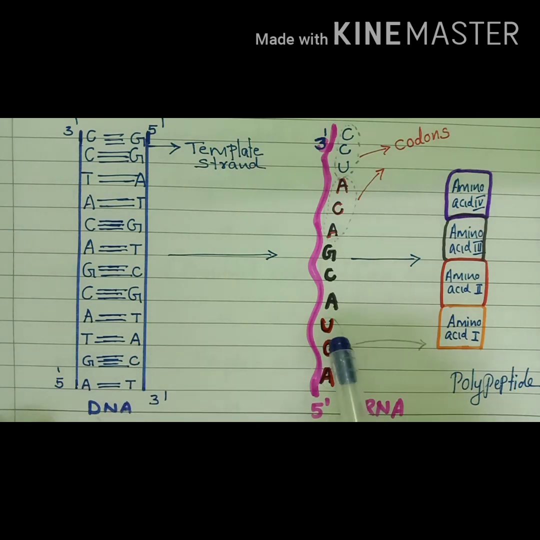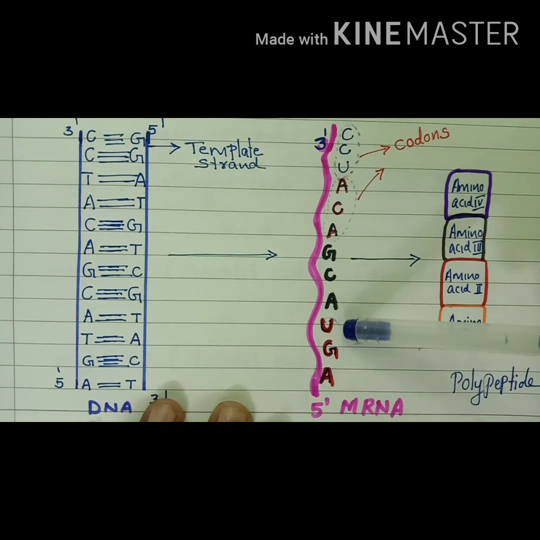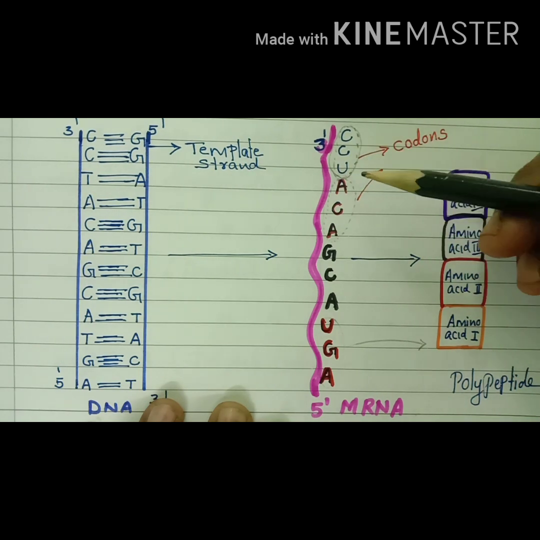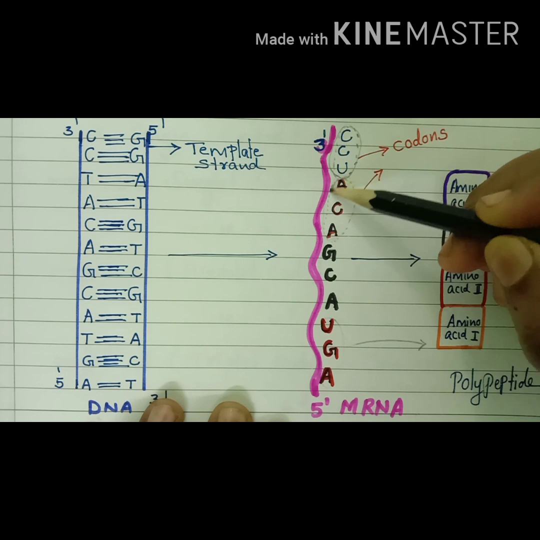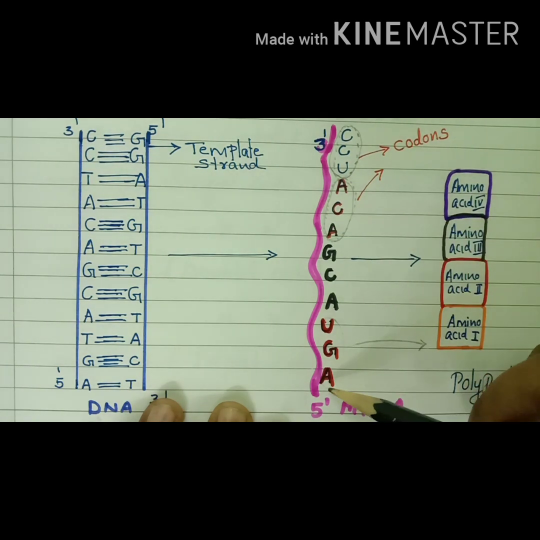So the message from DNA is passed to where? mRNA. Now we can see the messages on mRNA, and these messages exist in the form of codons. Here you can see the codons, and these codons consist of 3 nitrogen bases. 3 nitrogen bases are collectively known as codons. Here you can see the first codon is